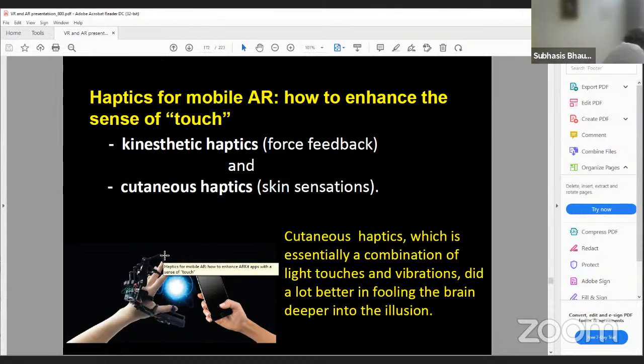Now I have a small setup with me, and this is known as a haptic device. And this haptic device,